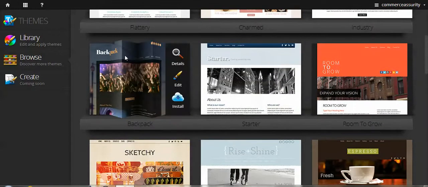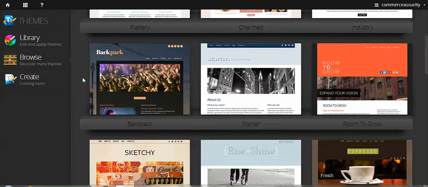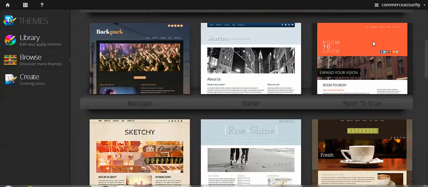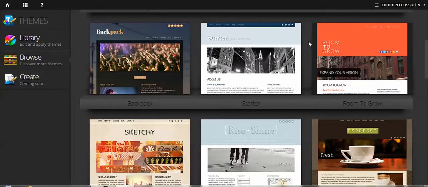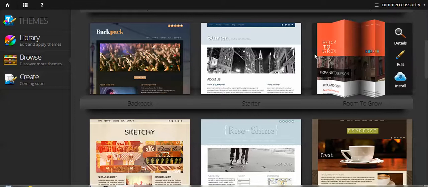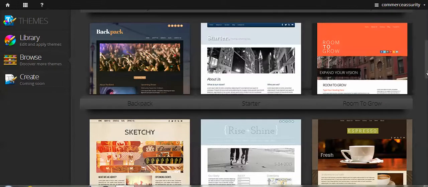In this particular one called Backpack, you can see that there's an image that's uploaded in the background. So if that's something you want to do, that's a good one to choose. Down here, this one is pretty interesting. This is quite a good one actually, because this whole orange section on the top can actually be a photo. The background is a background image, or it can be a color, and then you can have a banner in here. All of them will allow you to put a banner there, but you can see there's a lot more